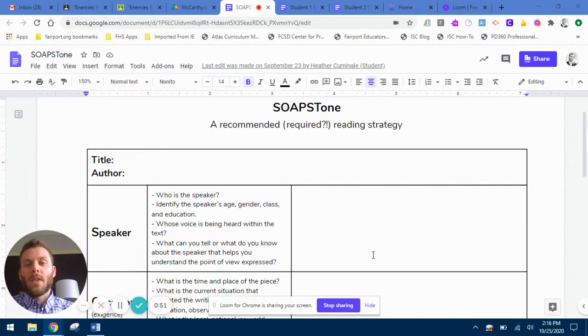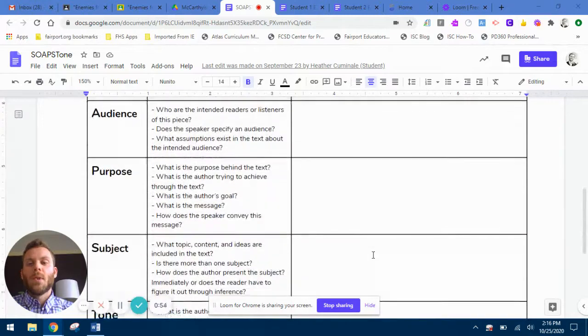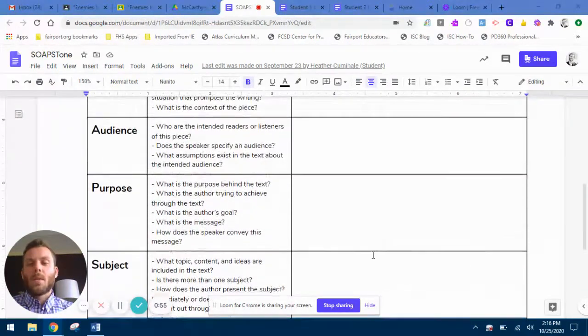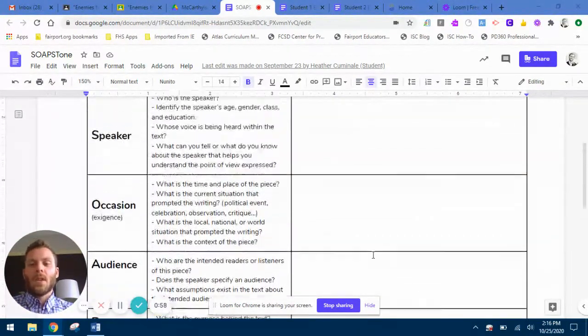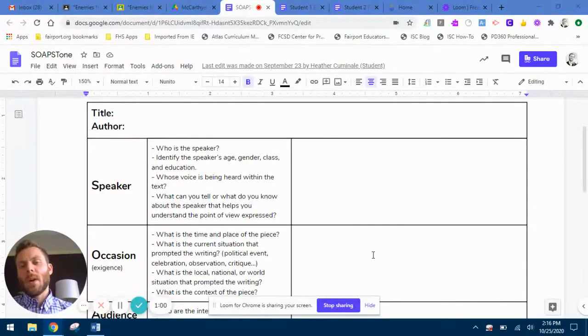So as I gave you guys this assignment, I was moving away from necessarily giving you the entire template that I have here in front of you, the SOAPSTone template that you guys used before, that has all the prompts for each category. I was moving away from that a little bit on this current assignment, the Enemies from Within assignment, and hoping that you can start to make sure you're addressing a lot of these things when you're thinking about